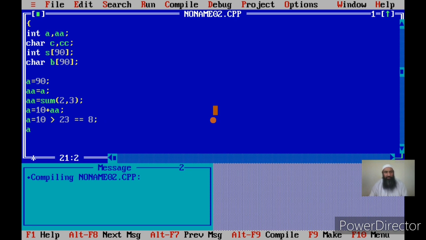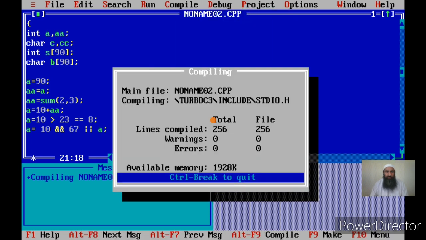Now I use an expression which uses only logical operators, that is suppose A 10 ANDed with, this is a logical operator, and say 67, and ORed with say A. Now if compilation works, this expression is also possible.